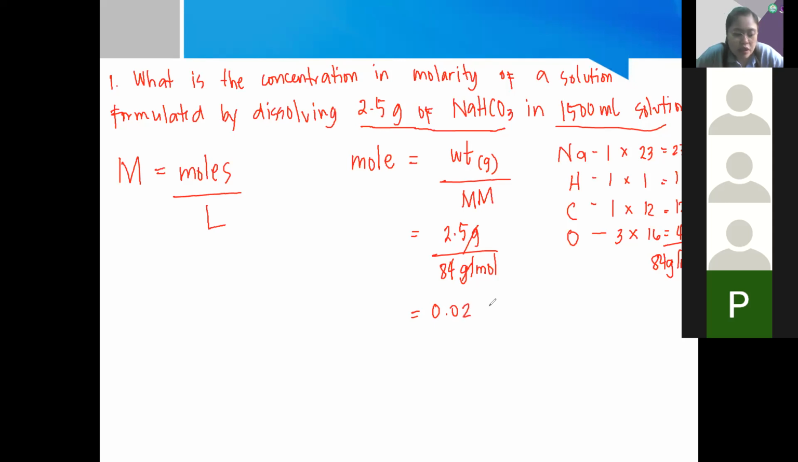0.02 9761904 mole. Ayan. Mole or mole. By the way, the name is mole, but the symbol is mole without an E. So parehas lang yan sila ha. So meron na tayong moles class